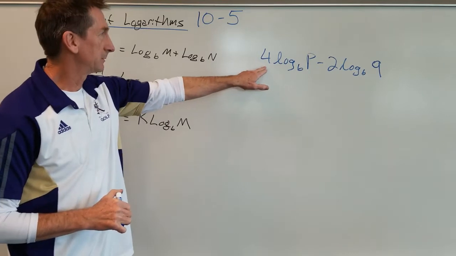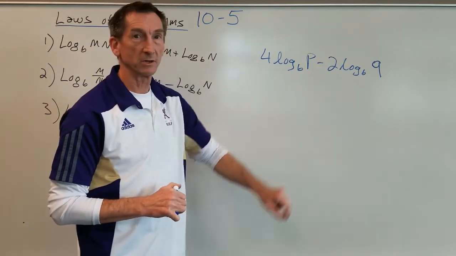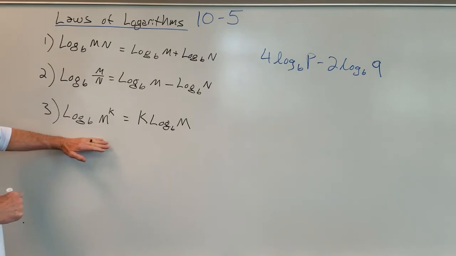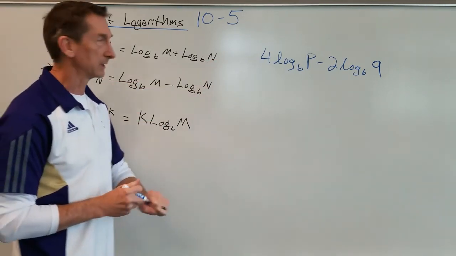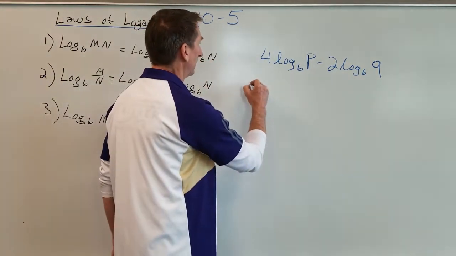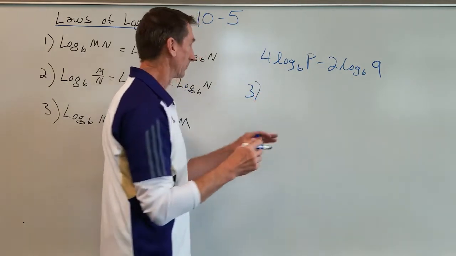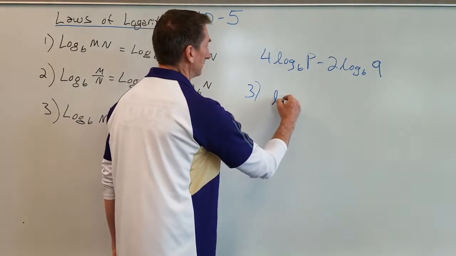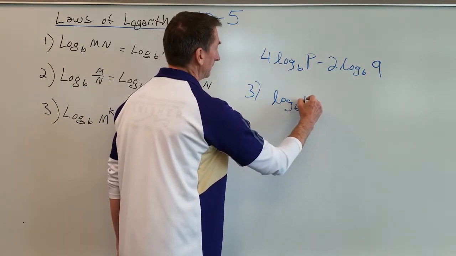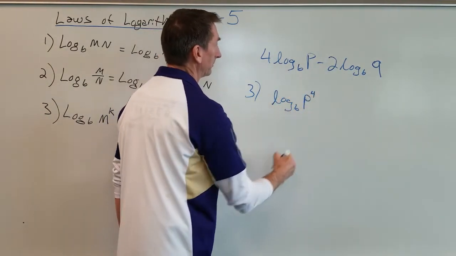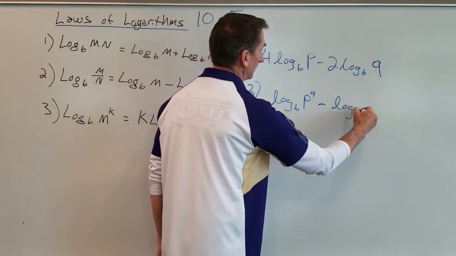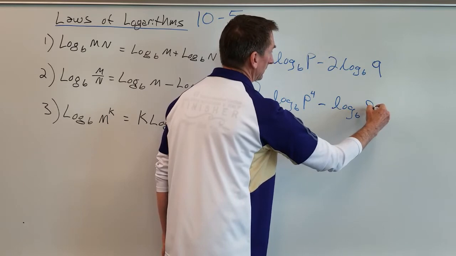First off, I want to deal with these numbers out front using law number 3 and combining those with the p and the q. So law number 3, working from this side to this side, gives me log base b p to the 4th minus log base b q